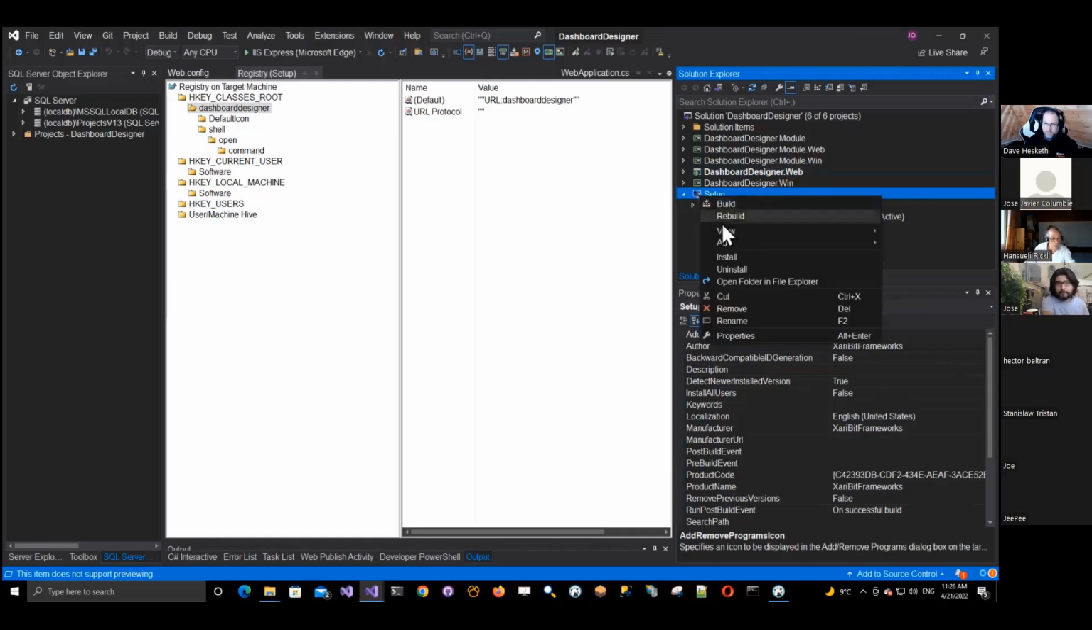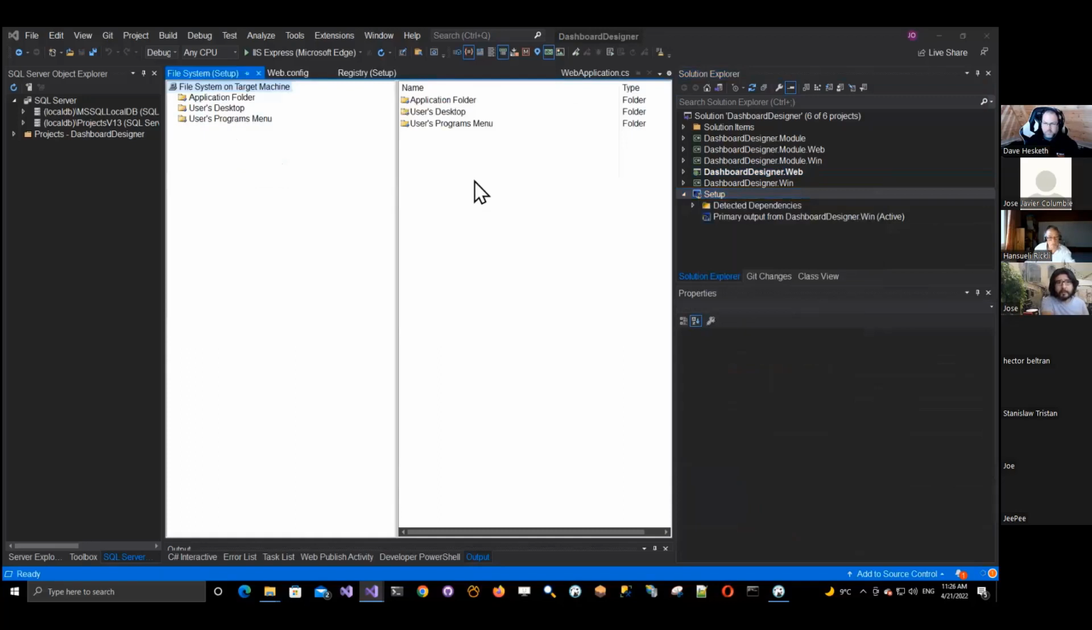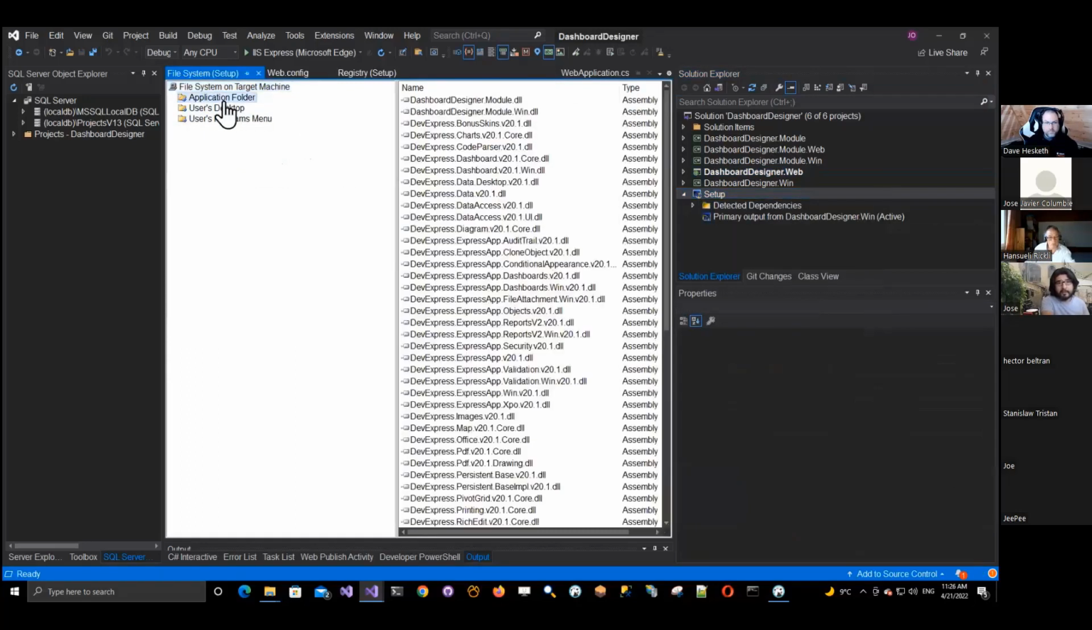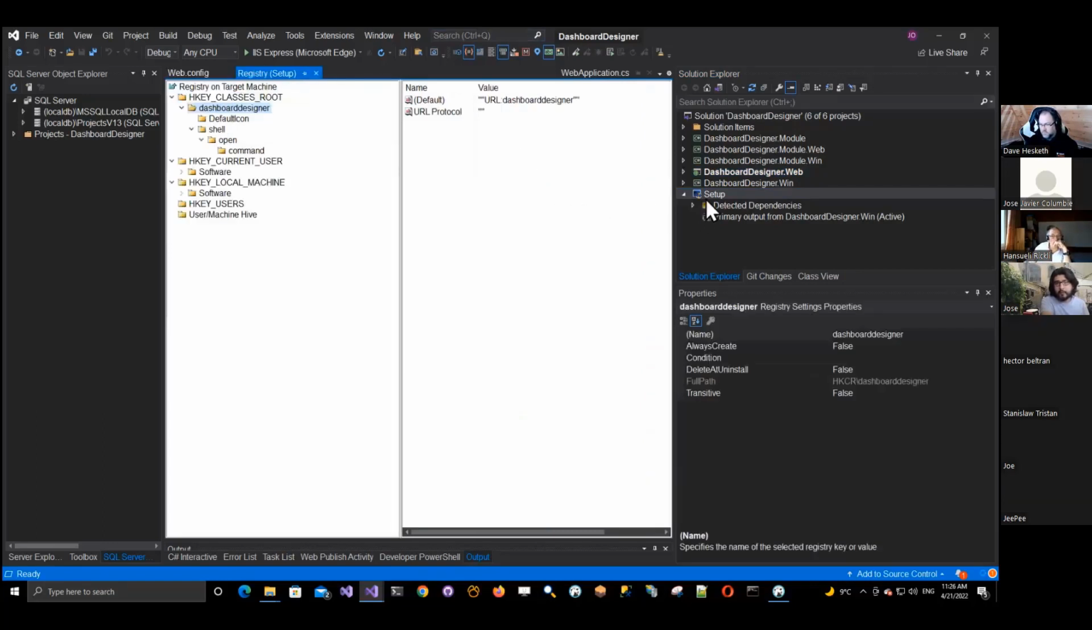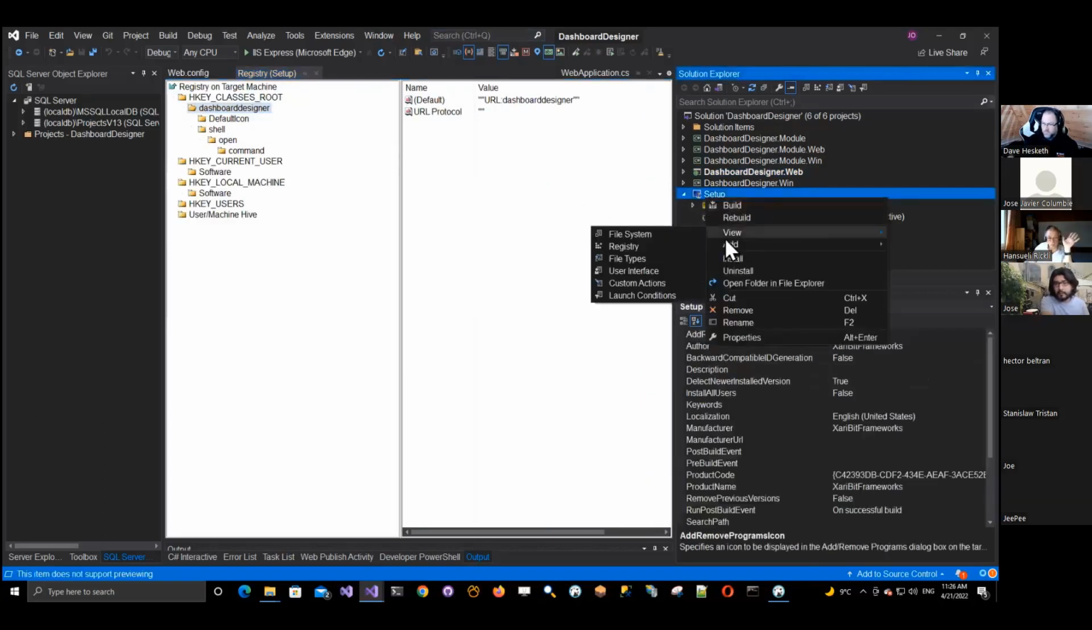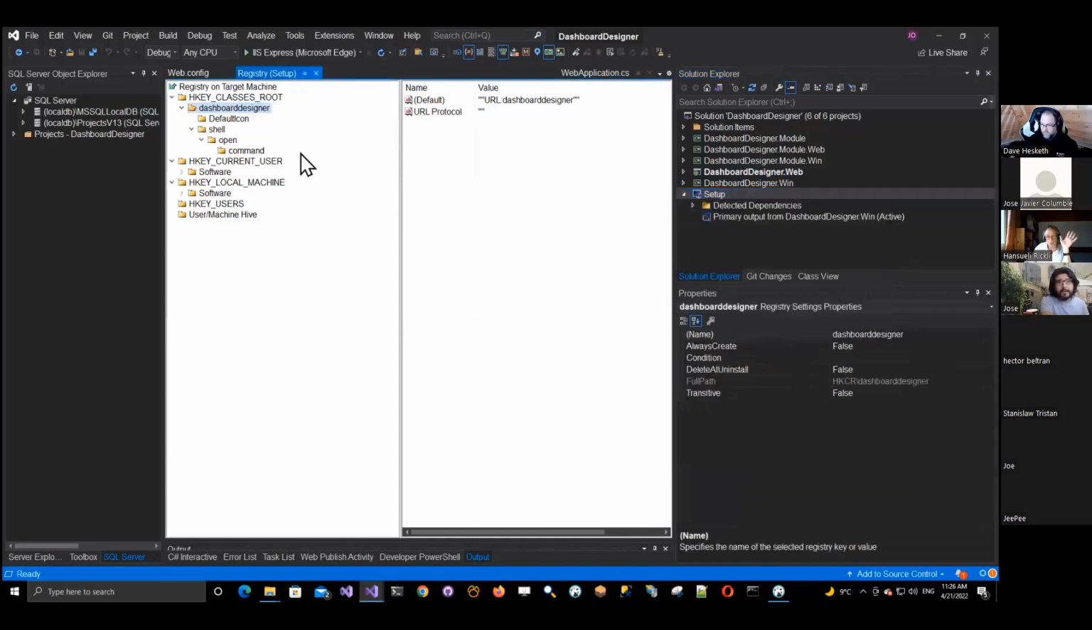If you view the file system, you will see I have here the primary output of the Windows application. That's it. I have a video about this on my channel. Actually, it's the most watched video that I have with like 255,000 views. So I guess a lot of people are looking for setup projects. So nothing special here. The magic happens if you do right click and you do view registry, and then in